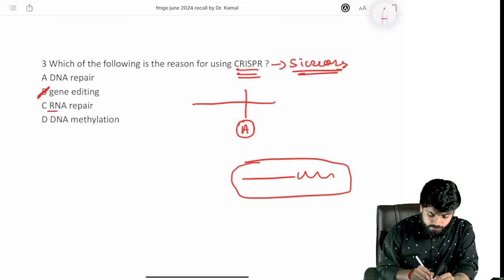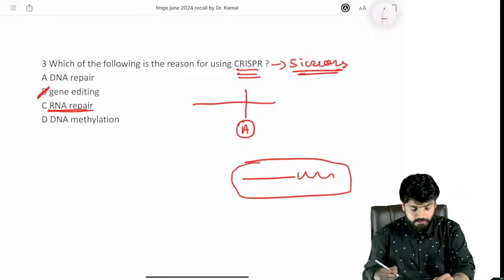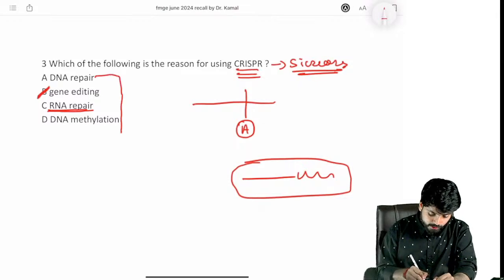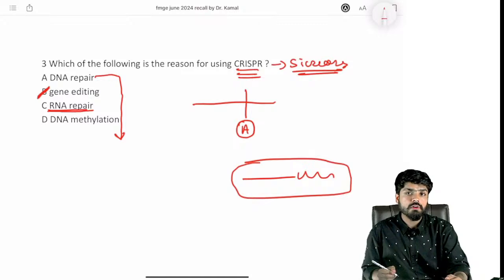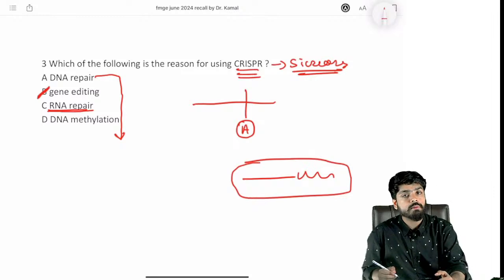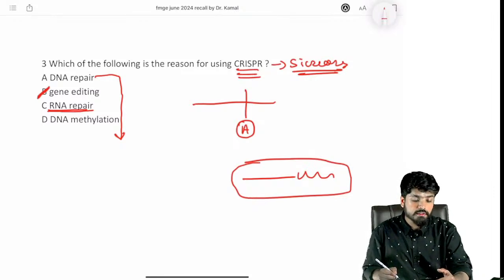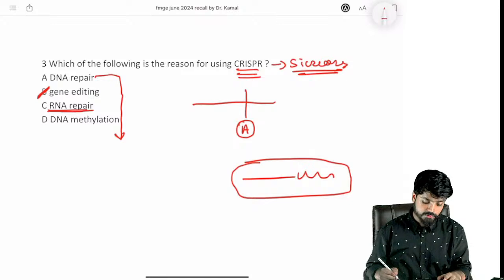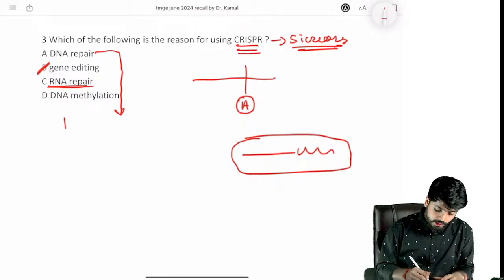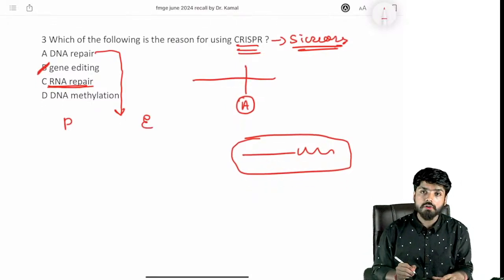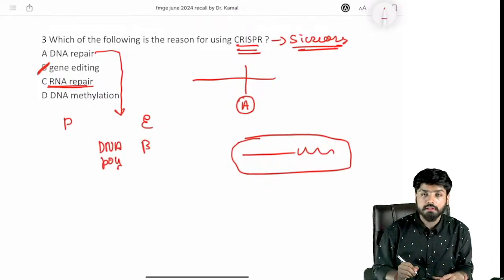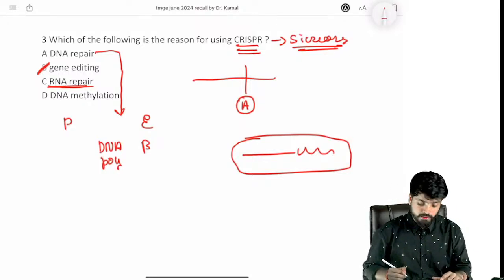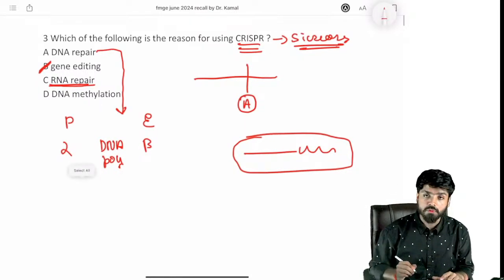For RNA repair, we don't have to remember RNA repair in our curriculum. What about DNA repair? Now, DNA repair is a very important process because, be it prokaryote or eukaryote, we all have cells multiplying and DNA replication in our body, and we all know if DNA replication is not done correctly, then we can have certain malformations, certain diseases. So for DNA repair, be it prokaryote or eukaryote, in eukaryotes we have DNA polymerase beta, which provides DNA repair, and in prokaryotes, it's DNA polymerase 2.